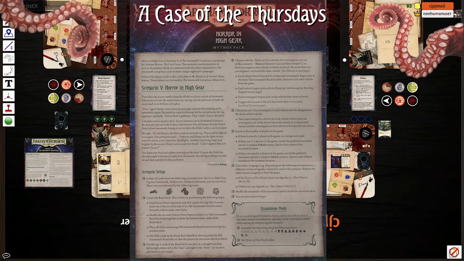Trees whiz by as you rumble along the dirt road just outside of Innsmouth. The sun has set over the western horizon, leaving only a full moon to bathe the dusty roads in a brilliant, eerie glow. "Here," Agent Harper shouts from the passenger seat over the rumbling of the automobile engine. She points to a spot on the map she has spread out across her lap, tapping repeatedly. "Falcon Point Lighthouse. That's where the